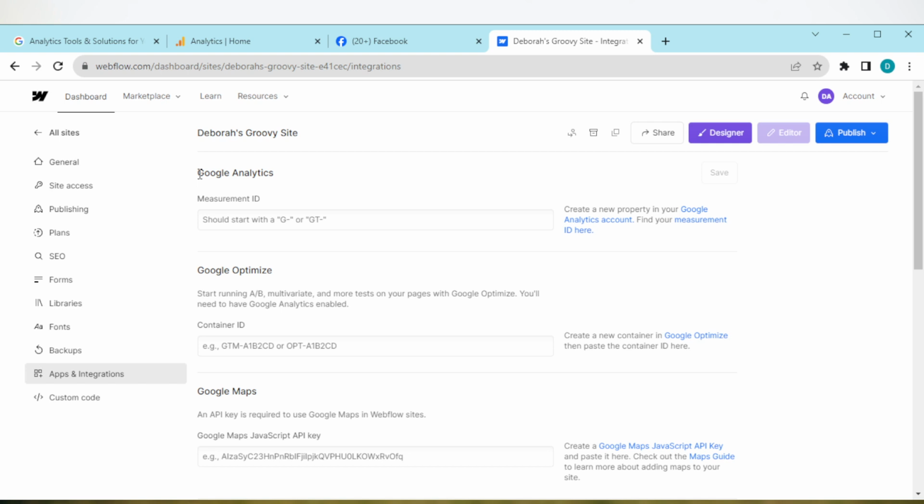As you can see, the apps and integrations page, and then you see Google Analytics, then you see measurement ID. This is where your ID should be. So the next thing for you to do to get your ID, just go ahead and click on the Google Analytics account by the right side of the screen, or you can just open a new tab in your web browser and then